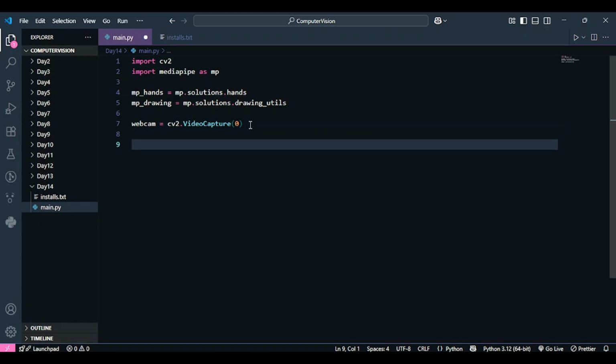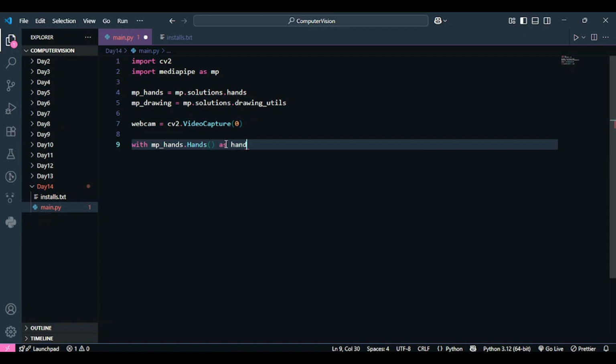Now that I have created my webcam, I'm going to read the frames from it. But before that, let's first load the model that I'm going to use to detect my hands. This was just the model name, but I haven't loaded it yet. So I'm going to load my model by calling Hands. It can have parameters as well, like min detection confidence and min tracking confidence. It totally depends on you whether you want to add those parameters and pass some value to them or not. For now I'm not going to pass any value over here, but it's totally optional. If you want to, you can.